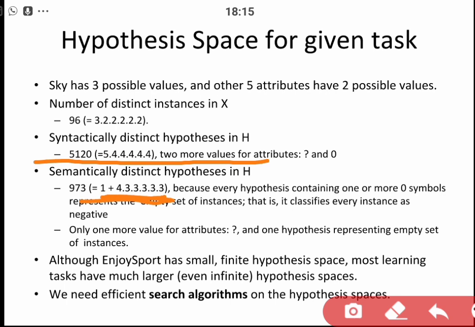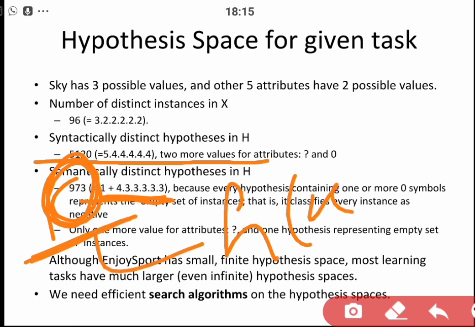So in total, our hypothesis space, out of which we are going to find our specific hypothesis, is actually 973. Now as I told you at the start of concept learning, our task is to search for that particular hypothesis that satisfies our concept or approximates our target function. So this is the number of hypotheses that are possible. These are the number of combinations of the attributes that are possible making your hypothesis. Out of these 973, you need to find that one small h that tells you this is our correct hypothesis, that helps you approximate your target function.